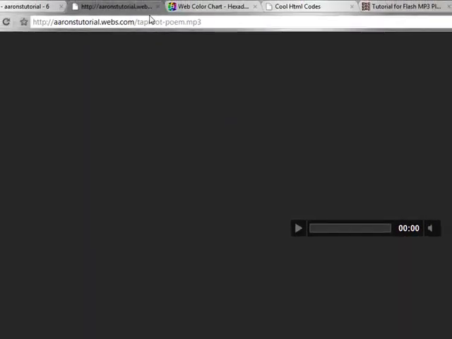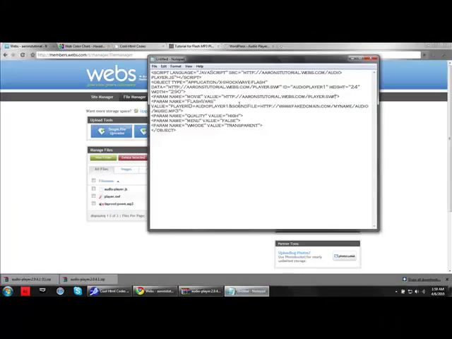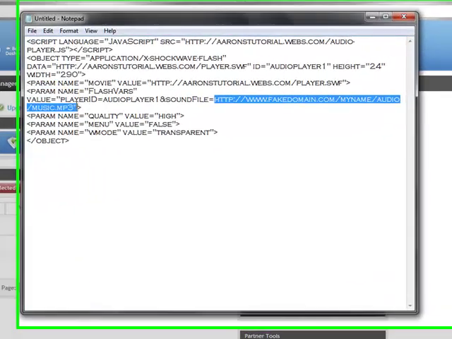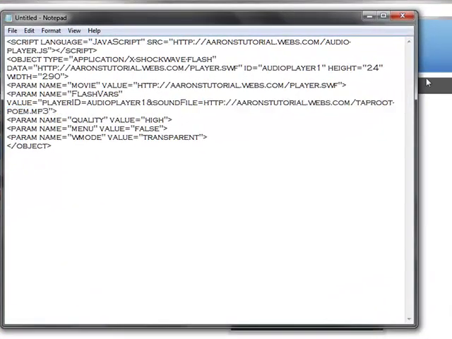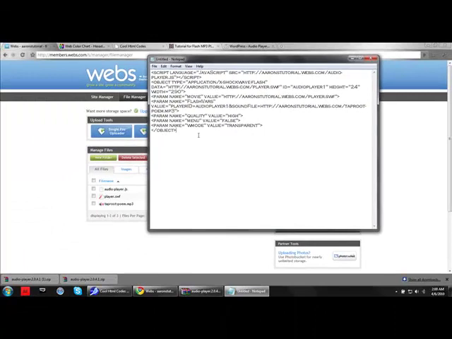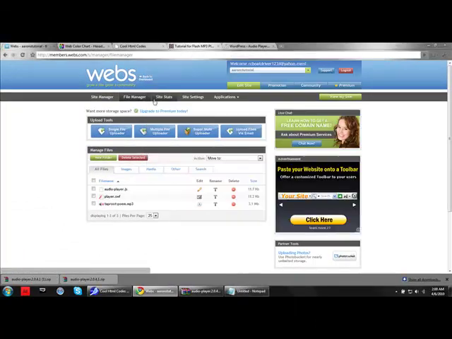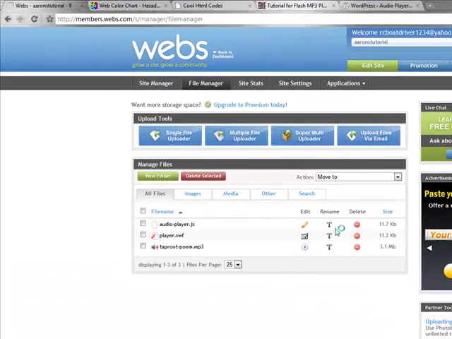Now the way that you get these URLs is I'm just clicking on them. Then you copy it, and it's going to want to play it automatically, but I just copy it. Copy the URL, and then right after this equals sign, we're going to put that in there. It's going to give you that. Now we're going to copy this, and go to our site, find our music page,